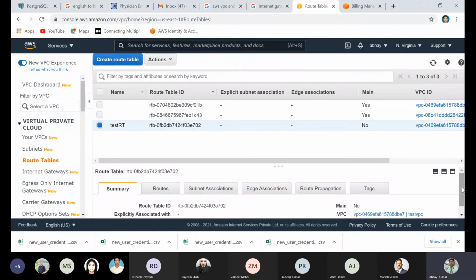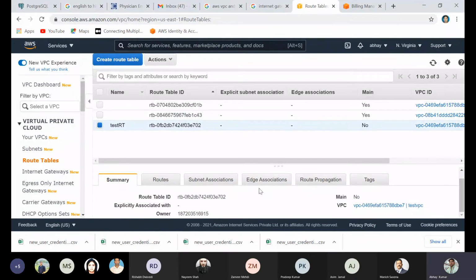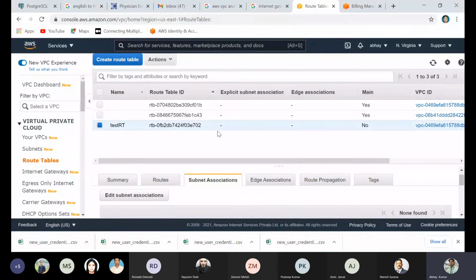Yeah, so from here in the route table, subnet association is the main important thing. You can go here and you can add the things. So I created the test RT. It is for private. One public route table and one private route table is required.